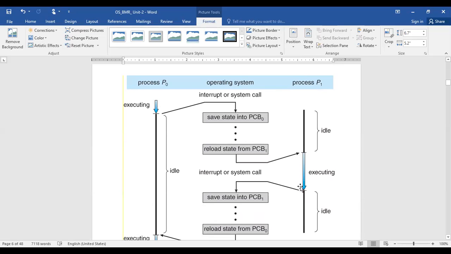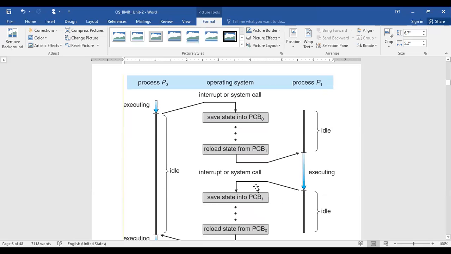It continues its execution. Once process 1 has completed its task, immediately it makes an interrupt with a system call. Before terminating or suspending process 1, it has to update the process control block of process 1 where it is going to stop.